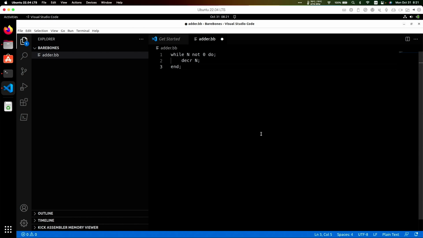The while loop in this language is very basic in the sense that it will continue looping until some variable is equal to 0. So if I have, for example, while n not 0 do decrement n, what's that going to do? Let's say that n starts out as 10. It's going to decrease 10, 9, 8, 7, 6, and so on until it hits 0, in which case the